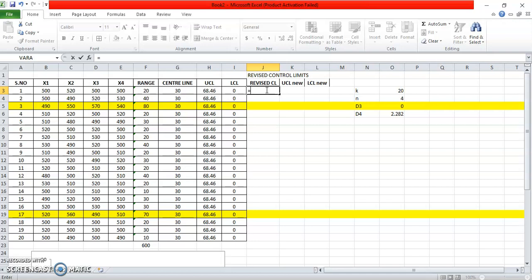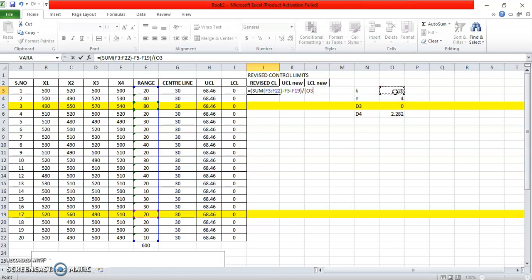For that we have the formula, as you remember: the sum of all the range values minus those 2 values which are out of control sample points, divided by K minus D. I forgot to write D here.